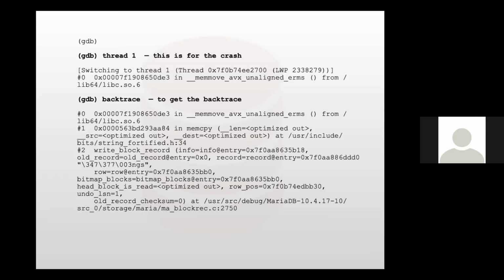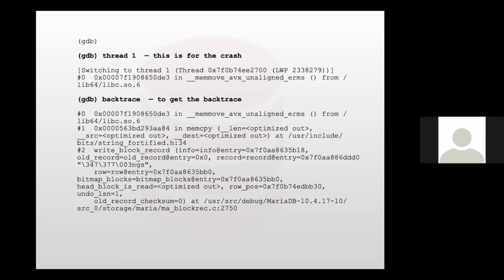When I select thread 1, I will get the details about that thread. How this works is just like when you are logging into MySQL and you want to check any particular table: you first use the database and then run the select query. Just like that, when you want to check what a specific thread was doing, first you have to select that thread. After you run thread 1 and enter, then you run the backtrace command.